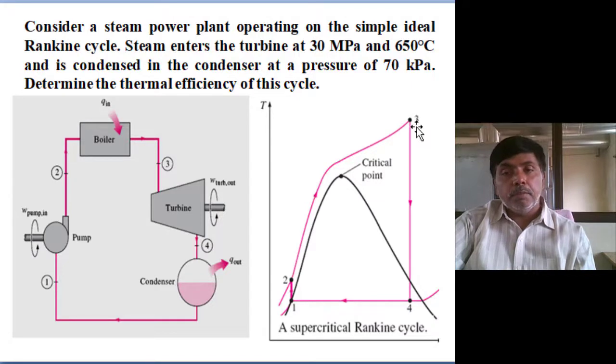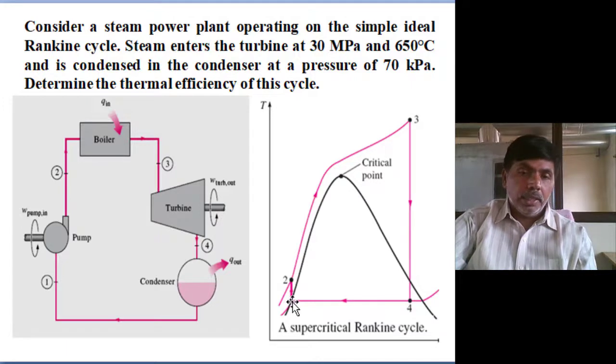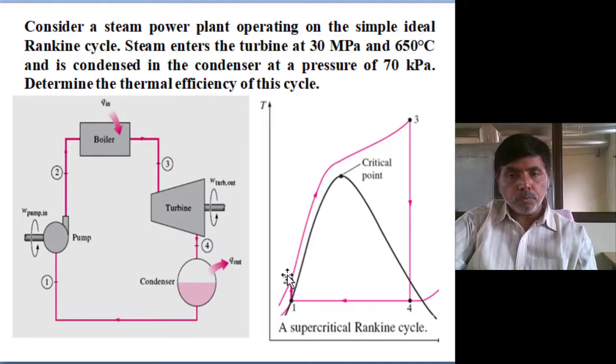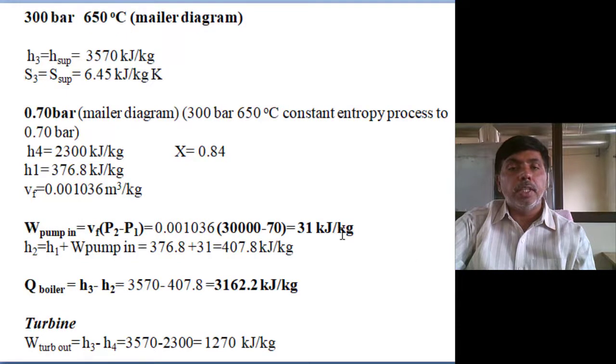Next, by the isentropic process, move vertically down to the condenser pressure of 0.7 bar, where the intersection takes place. There you extract the enthalpy, and at 0.7 bar pressure, the saturation enthalpy you take from the steam tables. Then add the pump work, the specific volume at 0.7 bar pressure V into P2 minus P1, boiler pressure minus condenser pressure, and you will get the pump work input. Then the enthalpy at condenser pressure, the saturated liquid enthalpy plus pump work, gives you H2. Very simple. By the Mollier diagram you can calculate.